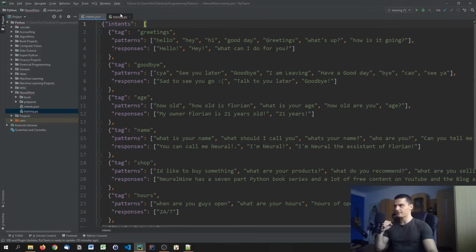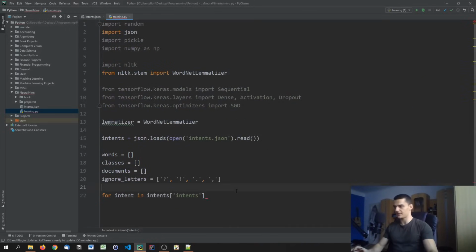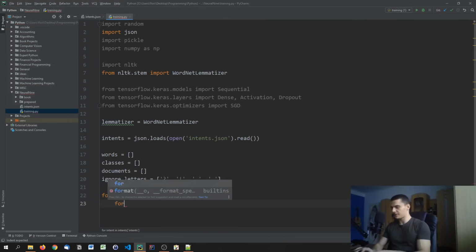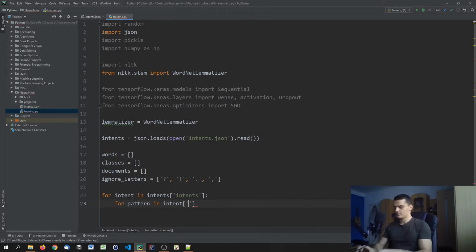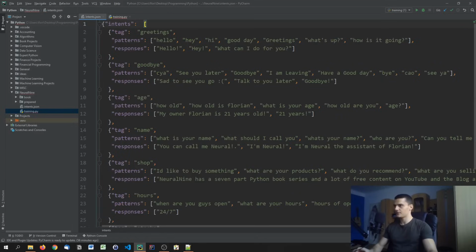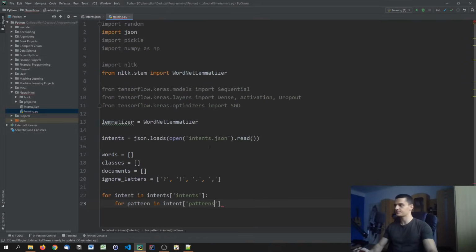And there, for each intent, we have certain sub keys and sub values, so sub dictionaries, so to say. And because of that, we say for pattern in intent patterns. So for each of those patterns in the patterns list, we're now going to say word list equals